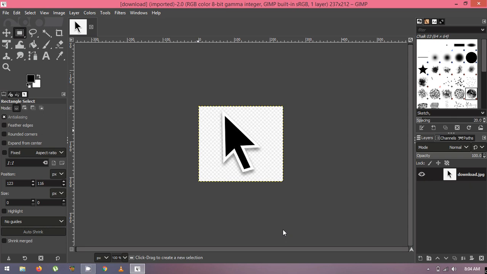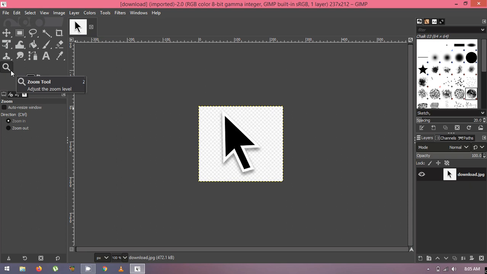When you want to see the larger view of the picture, at that time we use Zoom tool. Or you can say that when you want to magnify your picture, then you can use Zoom tool for the magnified form of your picture. So let's see how you can use it.